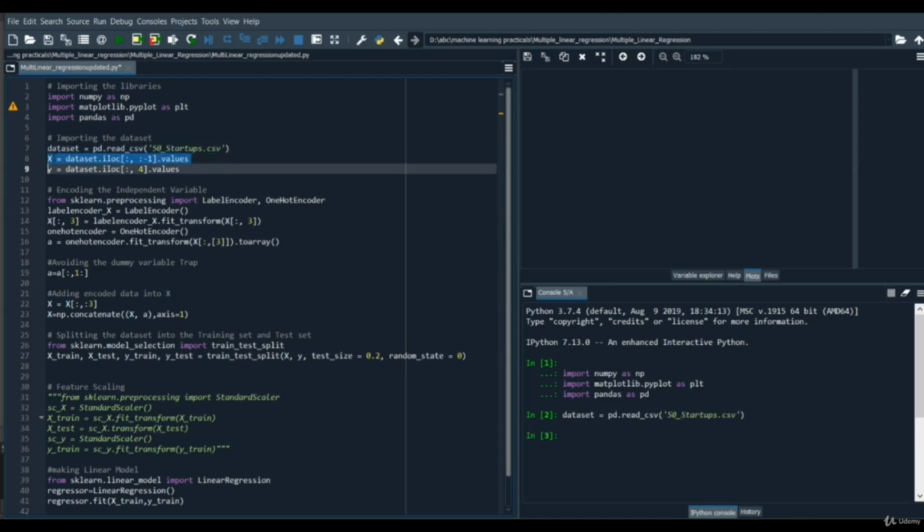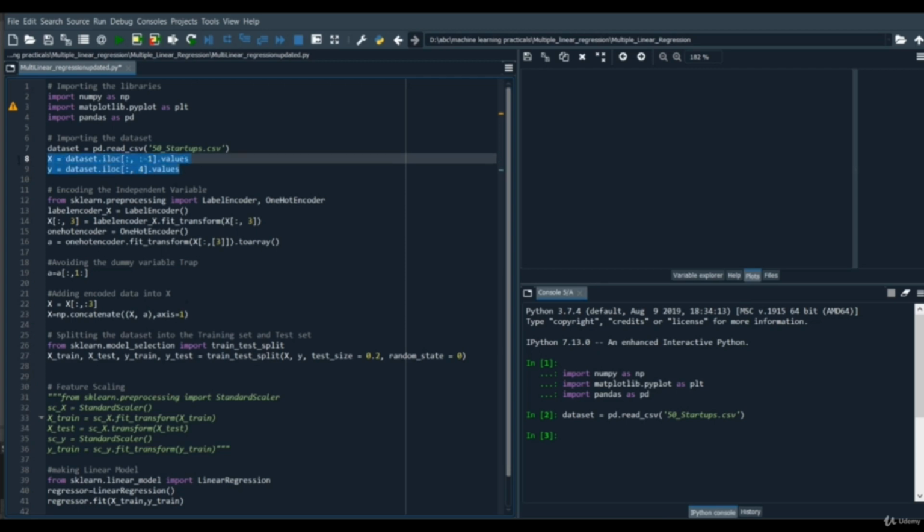After that, we are going to create our independent variable x, that is equal to dataset.iloc method, where we use colon first, which is going to return all the rows of our dataset. And colon -1 is going to return all the columns except the last one. Similarly, we are going to create our dependent variable y from our dataset using the .iloc method. So in dataset.iloc, in square brackets we used colon comma for all the rows from start to end, and 4, that means the column at the 4th index.